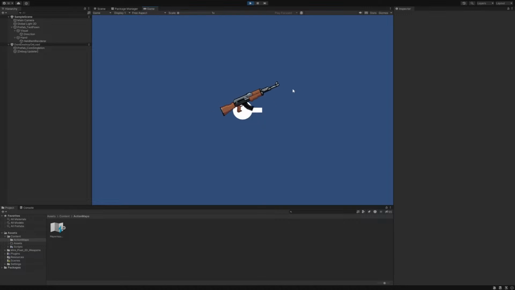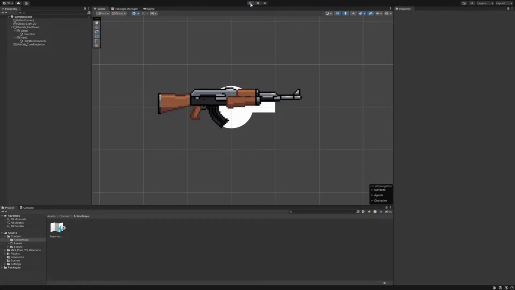So, last time around, we got our character, and they have a gun. They can look around with it, and the character moves, and it's nothing crazy. So what we got to do now is, what we got to do now is